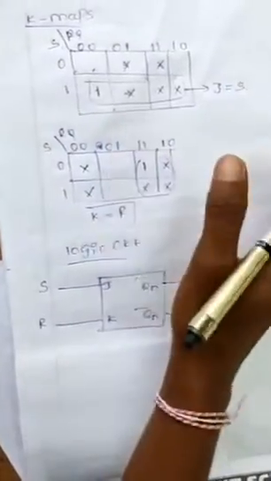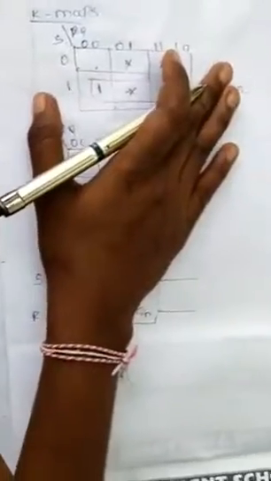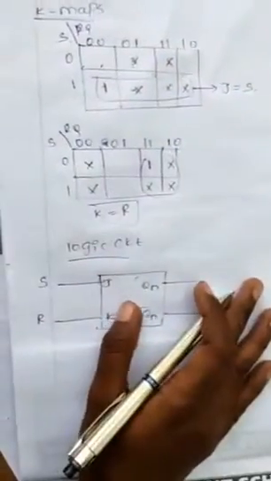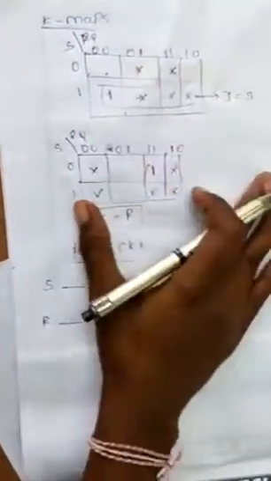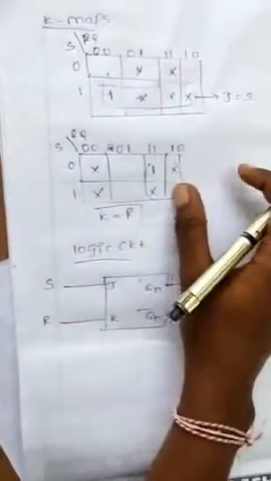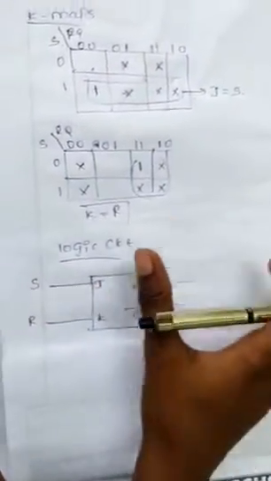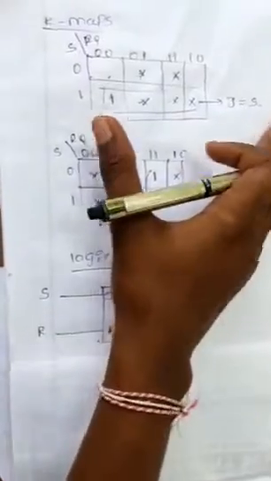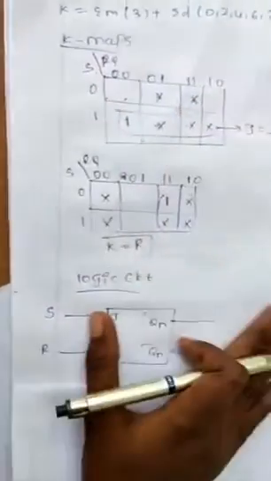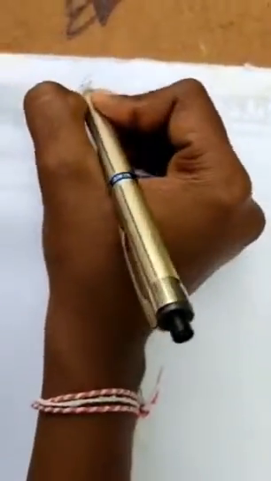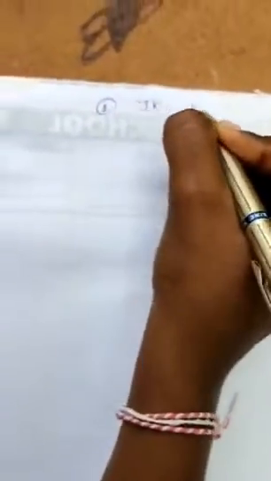Okay, up to here we completed the JK to SR conversion. In this we have the logic circuit as we had drawn from the excitation table, and from the combination of truth table and excitation table we got the K map equations. From those equations we find the K maps, and from these K maps we find the logic circuit. Okay, complete. Next, the second one, JK to D